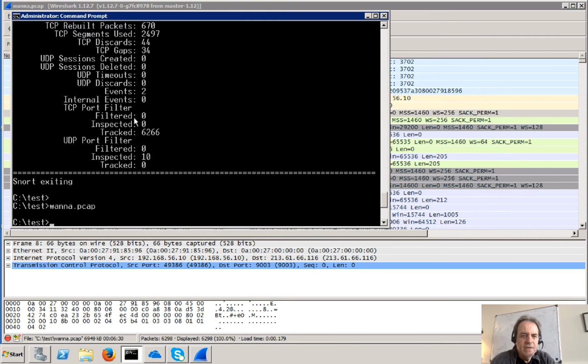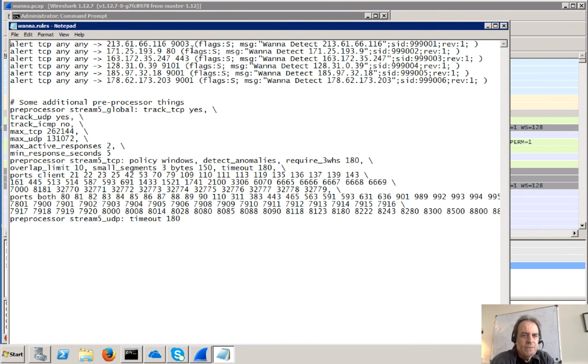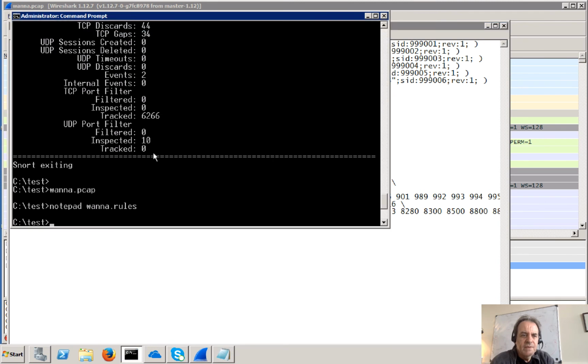If we want to create a Snort signature, from that we can find out which machines we're connecting to on the Tor network and then try to detect them. So this is detecting these 6 addresses, and we'll try and run that from here.